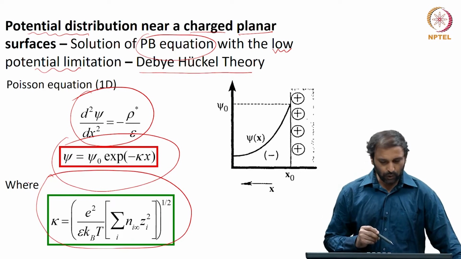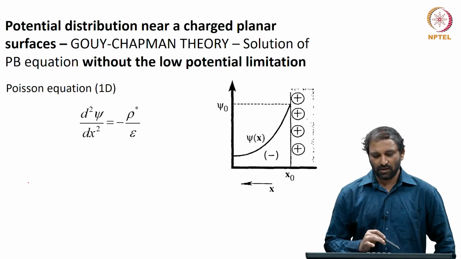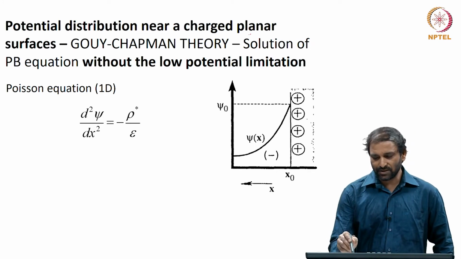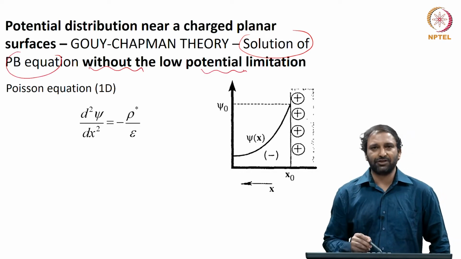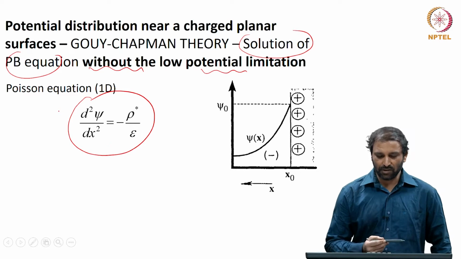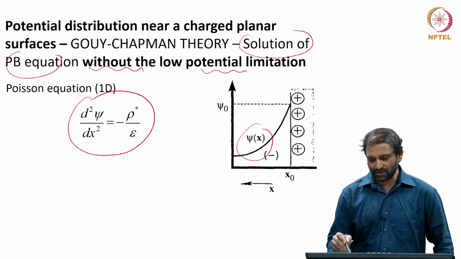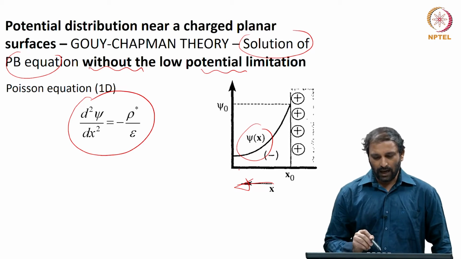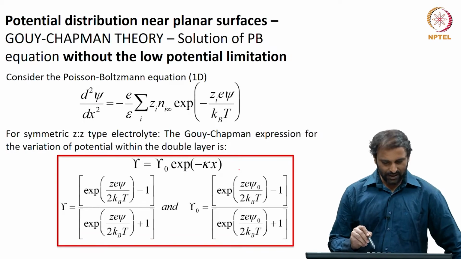So, now what we want to do today is to take out this limitation of low potential. That means, we would like to obtain a solution of the Poisson-Boltzmann equation without the low potential limitation. Again, the starting expression is going to be the one dimensional Poisson-Boltzmann equation, because we are assuming that psi varies only in the x direction. That is, we are only considering that psi is a function of x alone, and the solution for this particular case is given by